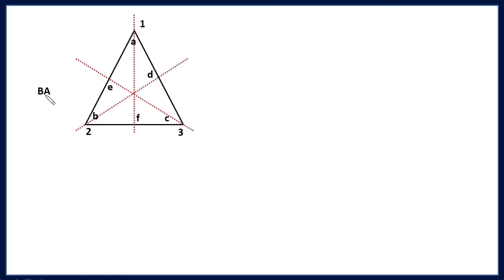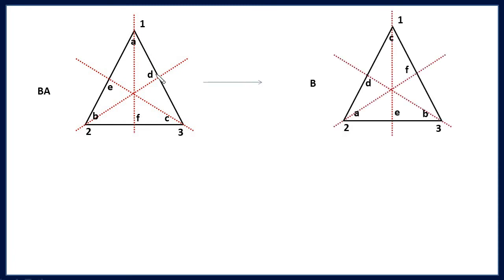So just apply this BA transformation on this triangle. What we have to do, we have to first apply this A transformation, that is rotation by 120 degrees. We have just seen when we rotate this system by 120 degrees, the resultant system will be like this. Position of A, B and C will change. New position of A is 2, new position of B is 3, new position of C is 1.